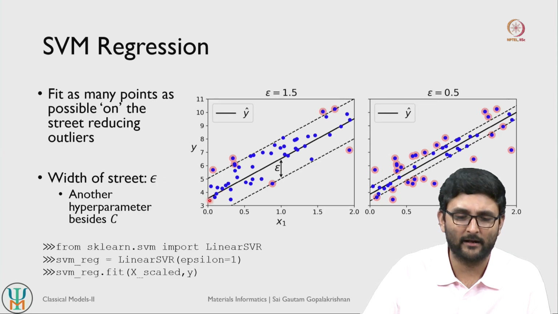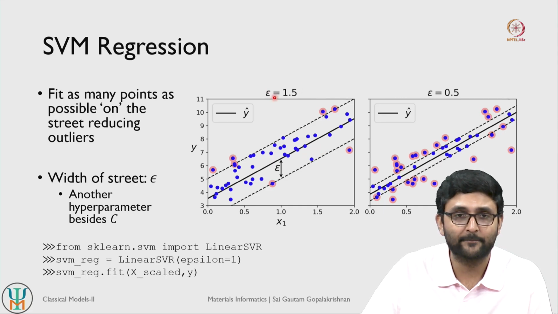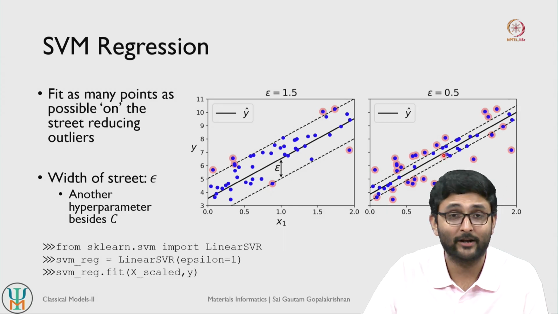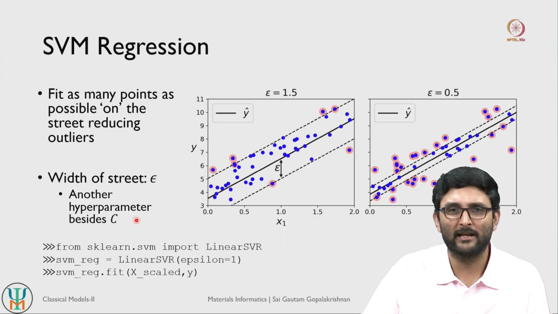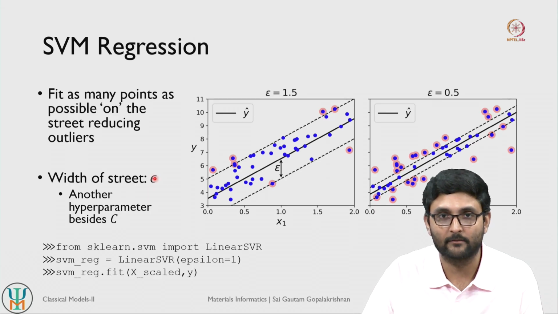So you can think of C as plotting the average of the street, the average line, the dark line here, and the epsilon determining where the dashed lines are present as part of the street, right. So if you have higher epsilon values, the model tries to fit in wider streets. If you have lower epsilon values, the model tries to fit in narrower streets, right. So epsilon is not fully unrelated compared to C, so you can think of it as an additional regularization or variance hyperparameter that works in addition to C, and it is only relevant for regression problems, right.